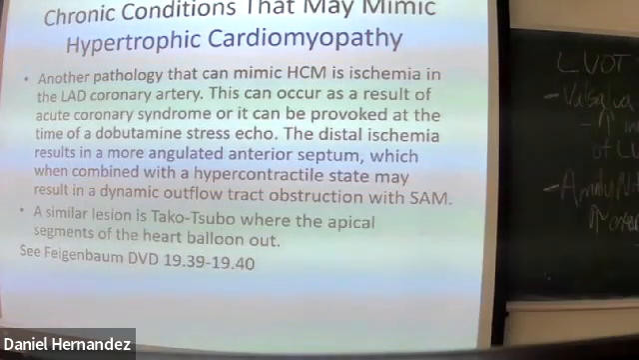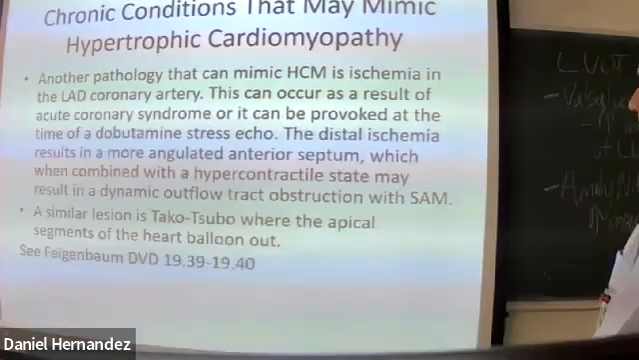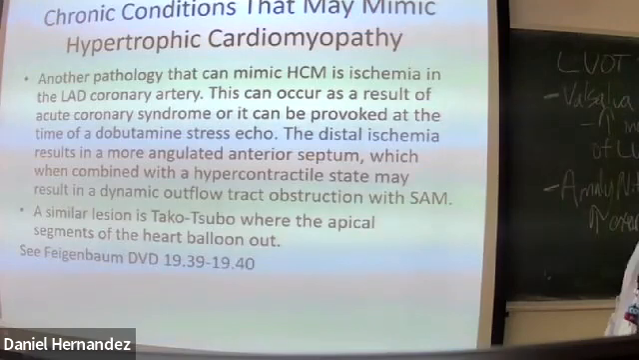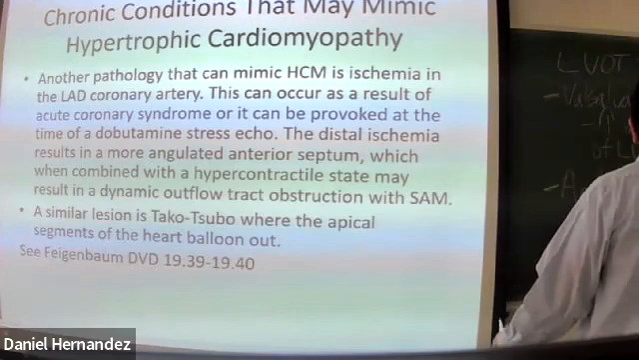There's a similar lesion that's called a Takotsubo. So this is where the apical segments of the heart actually balloon out. Kind of looks like